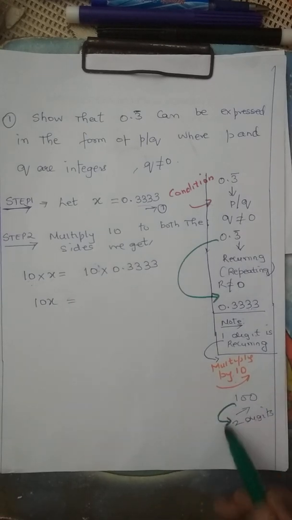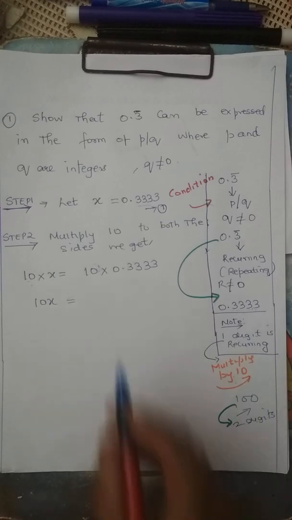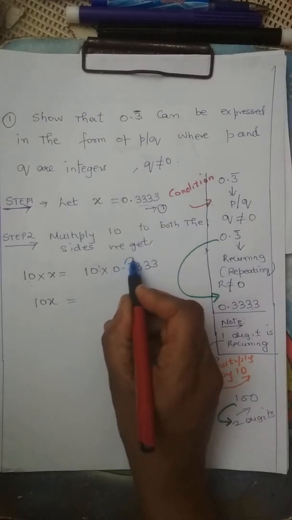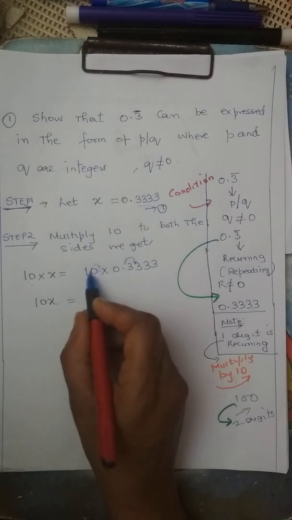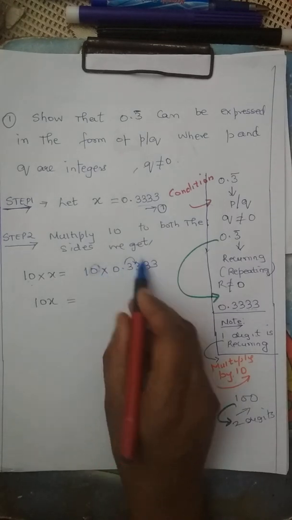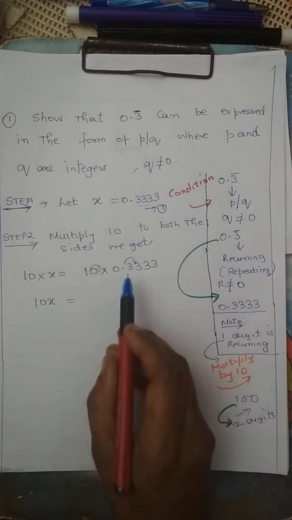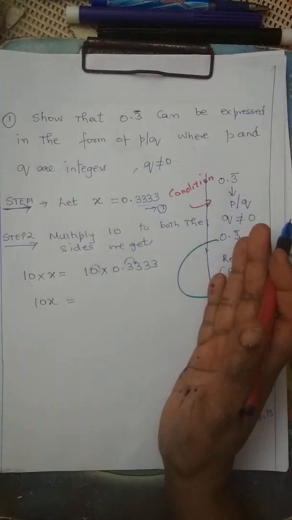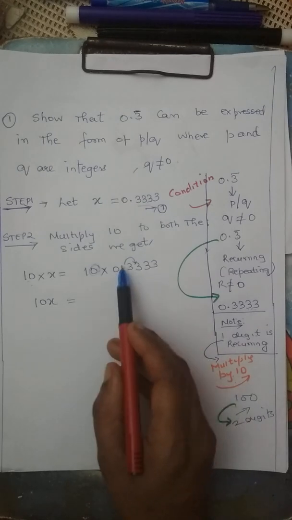It is 100 and 2 digits. Now, so go like this. 1. So what you will get? See my 1. So looking at this, and since it's multiply, we go this way. I repeat. If it is multiplication, we have to go towards the right. And if it's division, then we have to go towards the left.